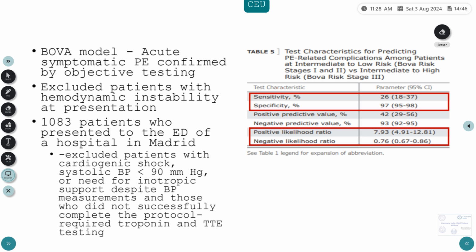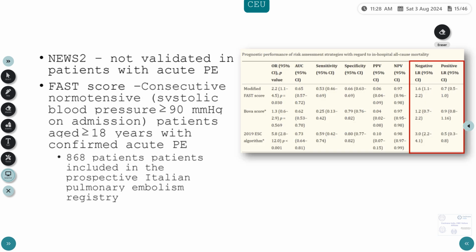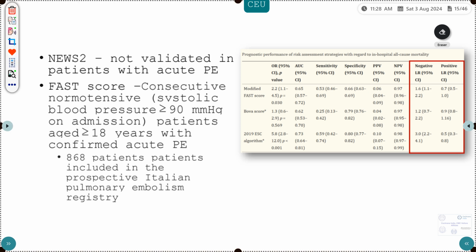Coming to the BOA model, again, it has been validated in 1083 patients who were hemodynamically stable with a cutoff of more than 90, and they reported sensitivity, specificity, and positive and negative likelihood ratios. This is another study which looked at validation of the BOA model. Coming to the NEWS 2, this has not been validated in patients with acute pulmonary embolism. The FAST score, this is another study which looked at 868 patients in